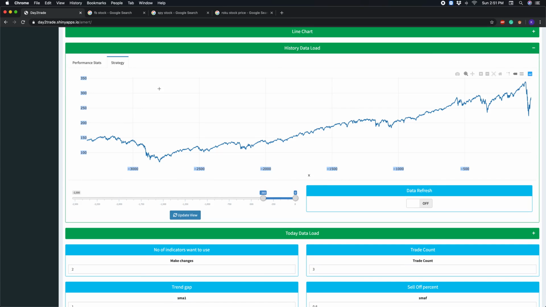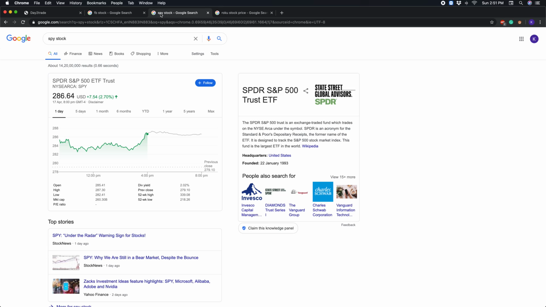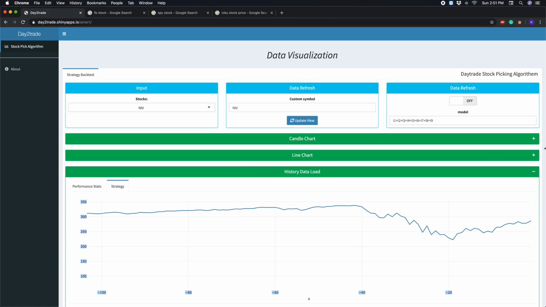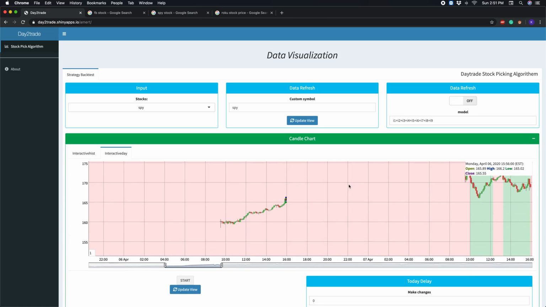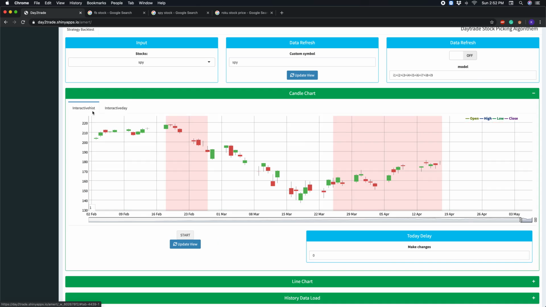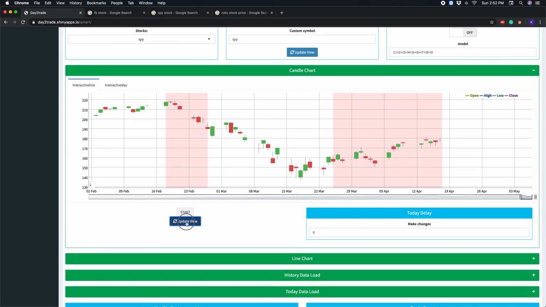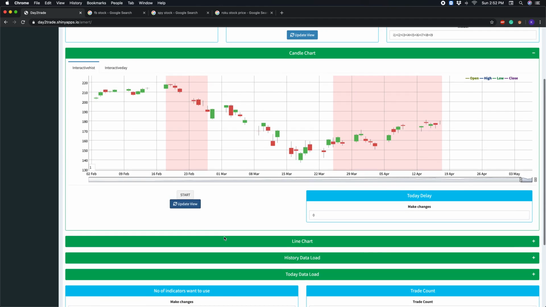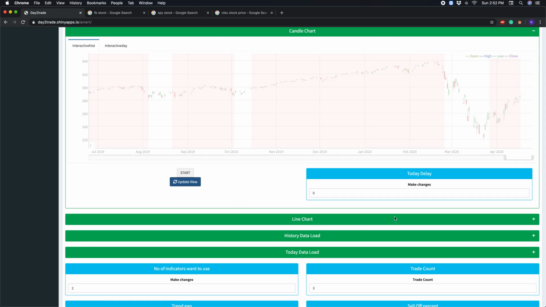So SPY is currently at 286.64, compared to 286.64 at the closing time. That is good. Once you have that 286.65, then I'm going for history here. If you just do the refresh, it will come. Right now it's still pointing to Facebook, so give it some time. It will come, because we are shifting the gates, that's why it is taking some time.